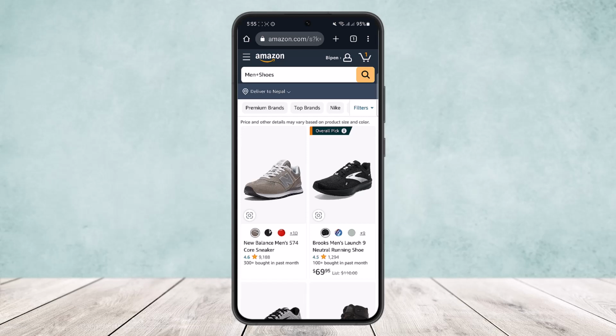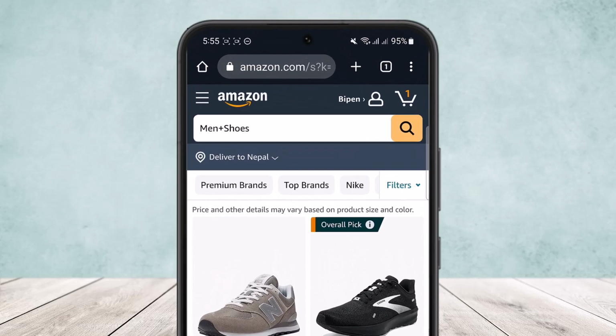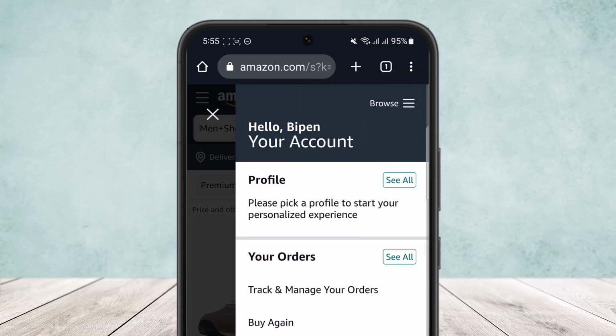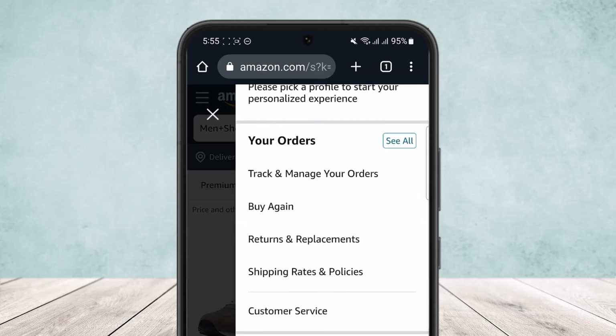Now here you want to open up your device, and then you want to head into amazon.com. Now once here you want to make sure you're logged into your account. In my case, I'm already logged in, so once you're logged in, you want to tap on the profile icon that you'll find at the top right corner. You can see a little profile icon beside the cart icon at the top right corner. Simply tap on it, and once here you can see, if you scroll down below under your account, you'll find